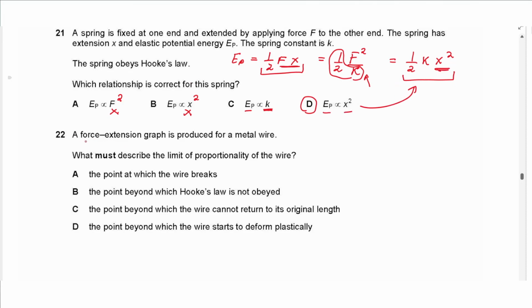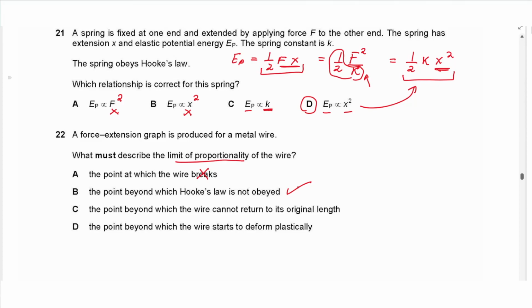Question 22 says a force extension graph is produced for a metal wire. What must describe the limit of proportionality of the wire? It is the point at which the wire breaks. No, it is the point beyond which Hooke's law is not obeyed. Yes, because Hooke's law states that the force and extension are directly proportional, and after that point it will no